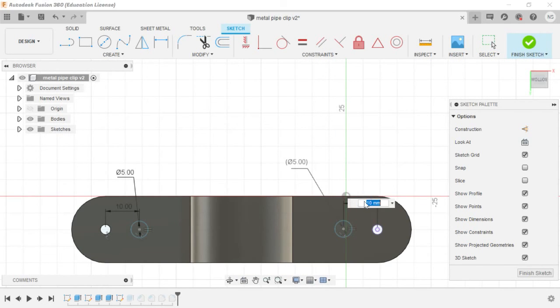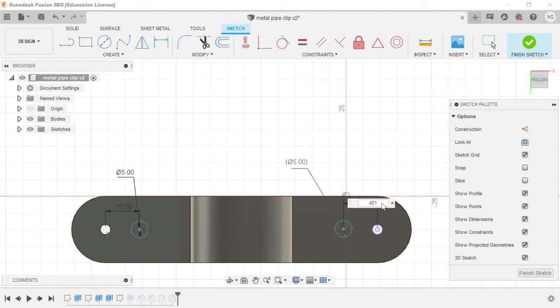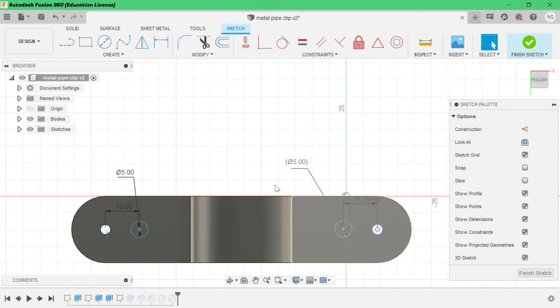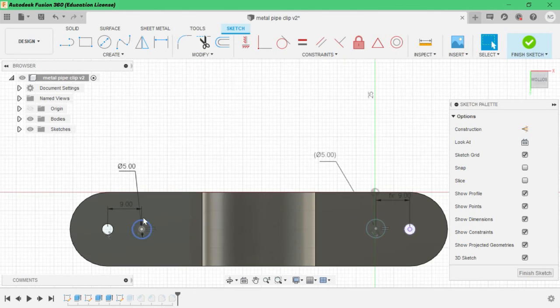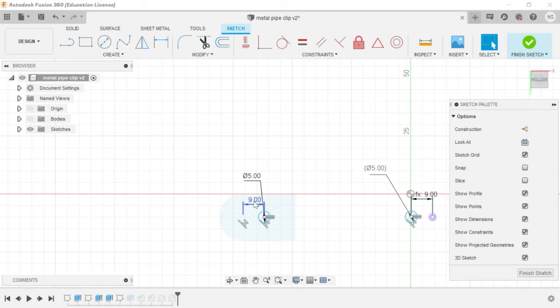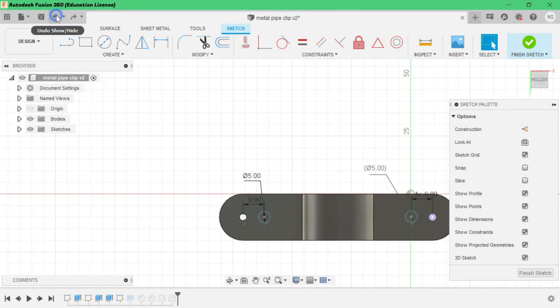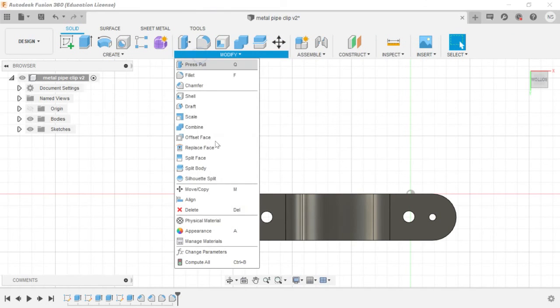See, I will give again. I have clicked this, so it become D21. Click enter. So both are in relation. So if I change this to 9, both will change to 9. See, both will change to 9. Okay, going to back. These are called parameters. Or we can do like this also.